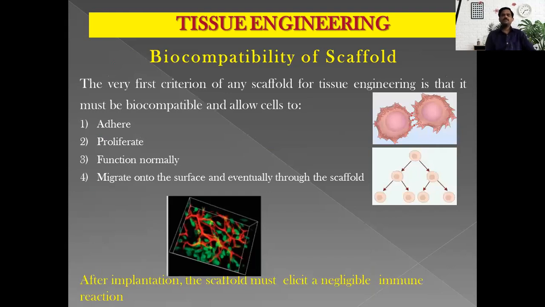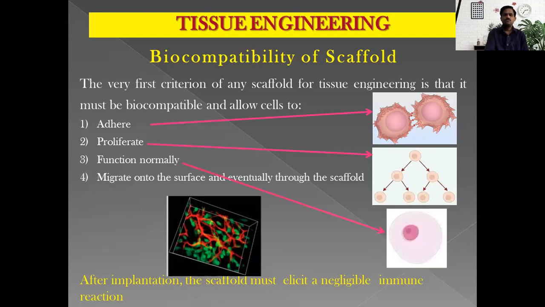Biocompatibility of scaffold. This is the very first criterion of a scaffold that is used in tissue engineering, that it should be biocompatible and it should allow the cells to adhere. Means it should allow the cells to adhere, to join, to combine with each other and to proliferate, to multiply, and it should allow these cells to function normally, and it should also allow the cells to migrate onto the